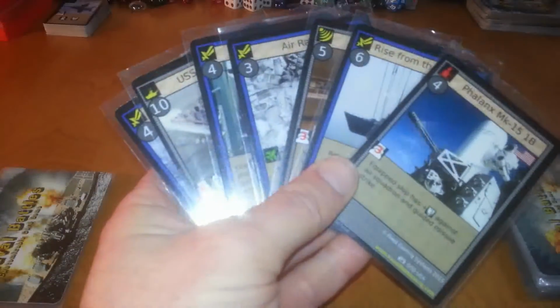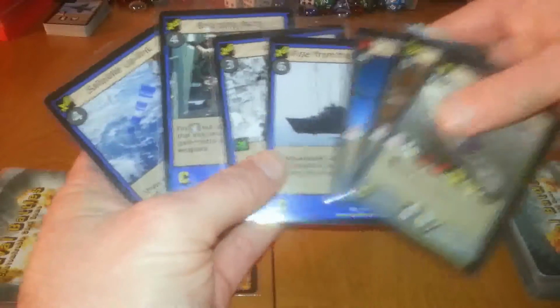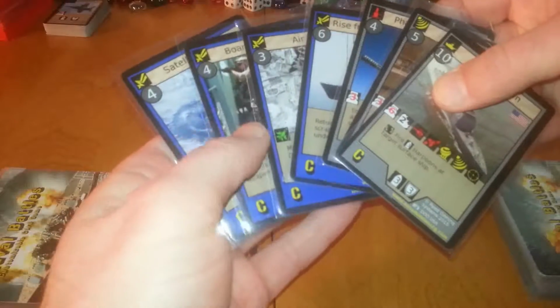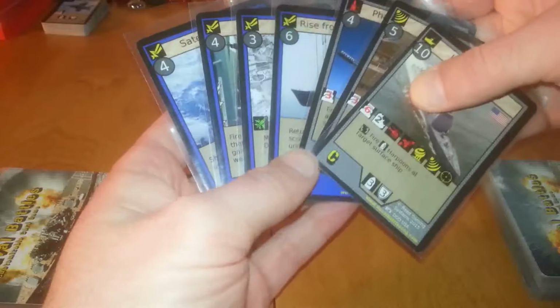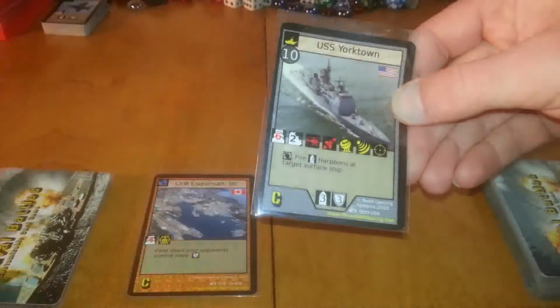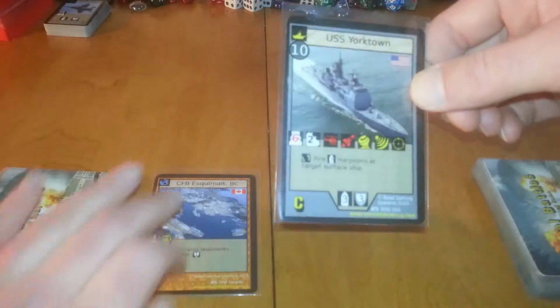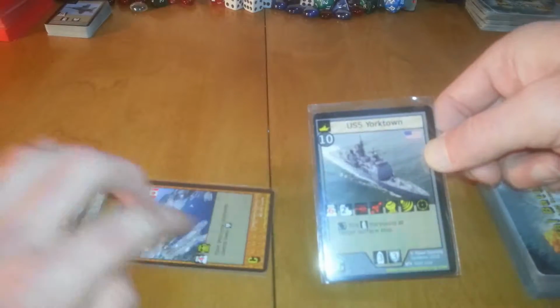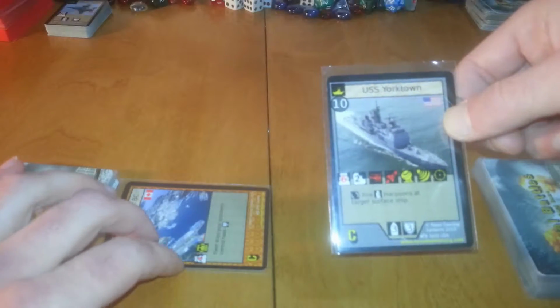So then what we want to do is we want to start deploying units. Regardless of which unit we have here, right now we only have 3, otherwise the rest of these are instants. And to play an instant, you have to be able to pay its cost outright. So I don't have enough requisition for them, but what I can do is I can start building this ship, the USS Yorktown. So what I would do is I would tap a Esquimalt, in this case, for requisition, and